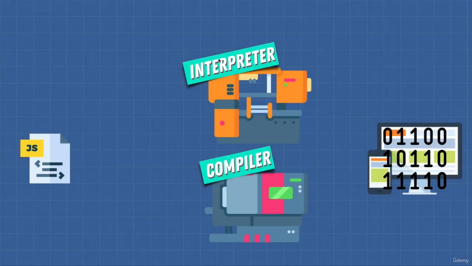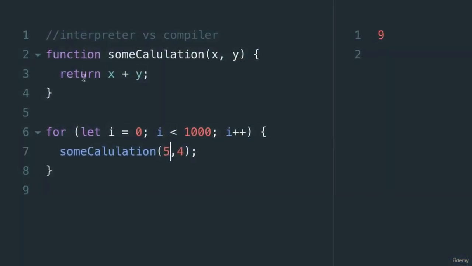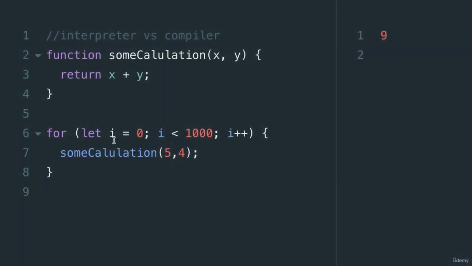Welcome back. Let's have a look at the pros and cons of each. First off, interpreters are quick to get up and running, right? Because if we go to our example, with an interpreter, we don't have to convert this into another language, like language X, like I showed you with a compiler. There's no compilation step before you can start running your code. You just give this to an interpreter and the interpreter starts translating the first line and just runs the code